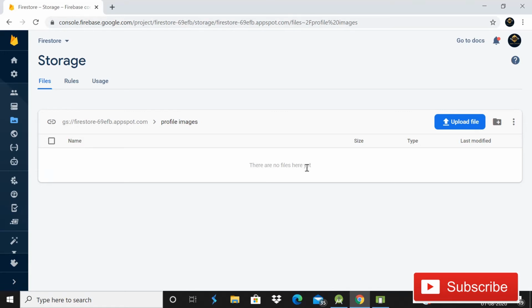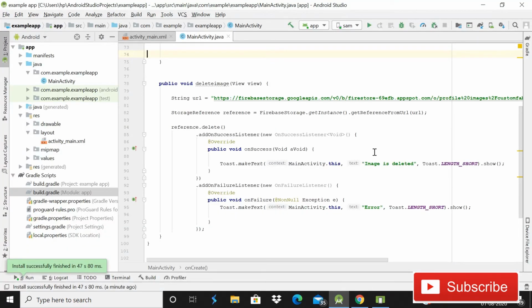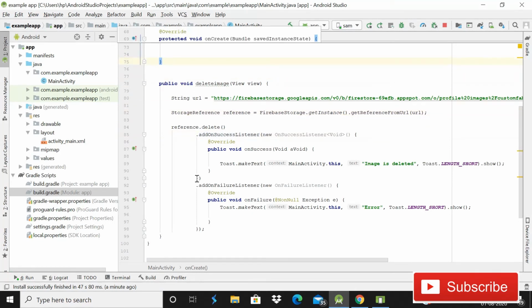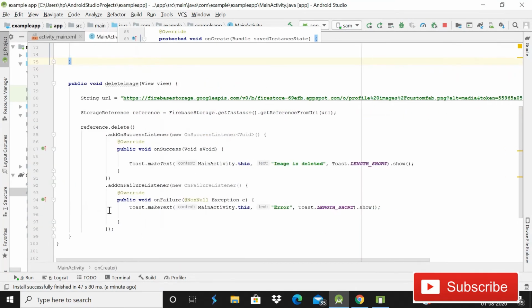And guys, I have recently published a series, Firebase video streaming app. So in case you wonder how you can delete several videos, you know guys, that is a very simple way. Let me explain. You can take it as a little task. So how you can do this is, guys, it's very simple.